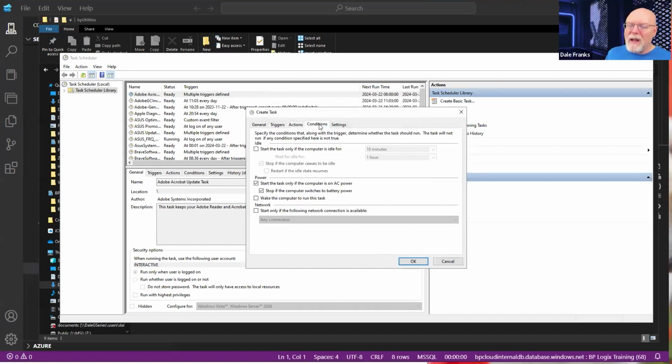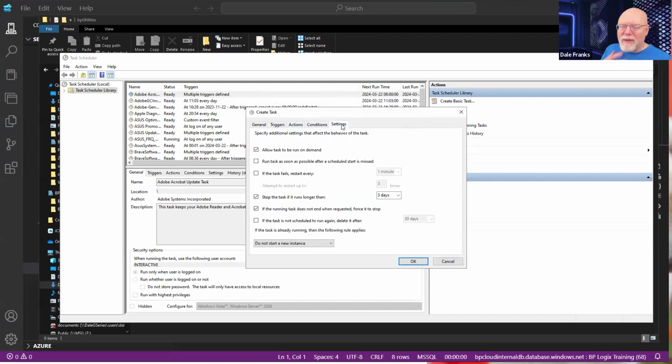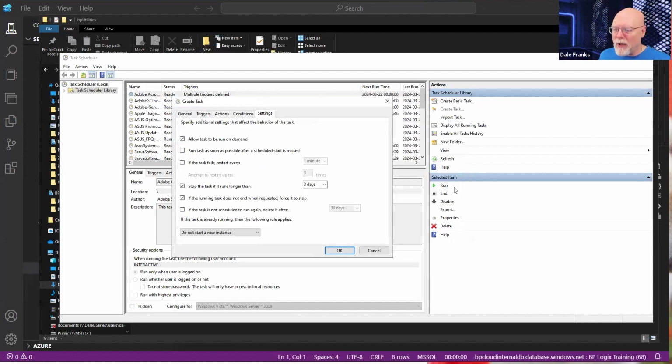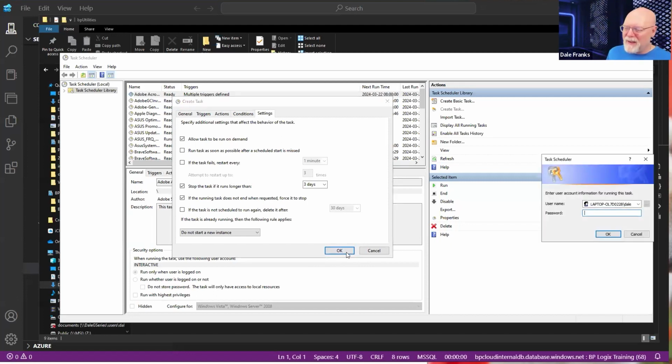I'm great with that. There are conditions I can set up. So, to filter, maybe the computer doesn't have enough power or what have you, or I don't want to do it while I'm on battery power. Whatever the options are, you can set those. I'm not going to set any of them. Then we have settings. I'm going to keep allow tasks to be run on demand so that I can click, hopefully, the run button down here and just make this occur out of the Windows scheduler. But I have some other settings options here that, again, this is Windows stuff. If you want to know about Windows stuff, sadly, I'm not the guy to tell you that.